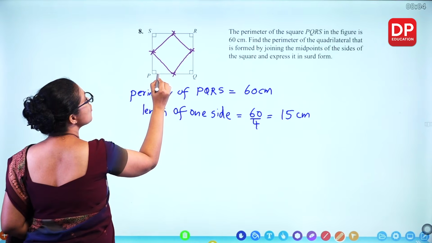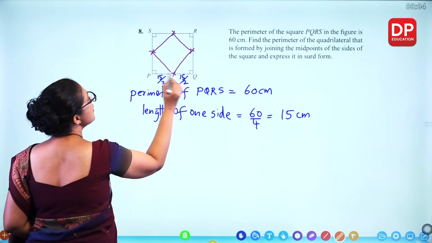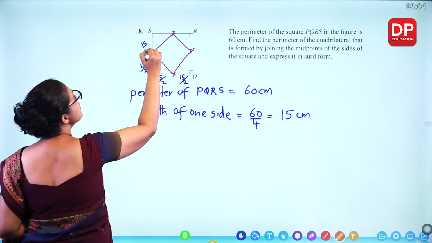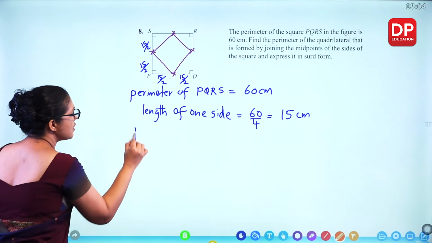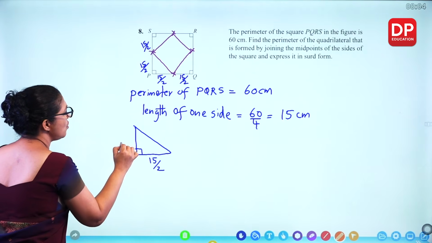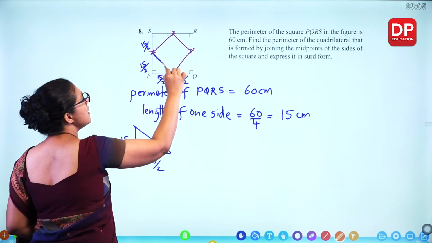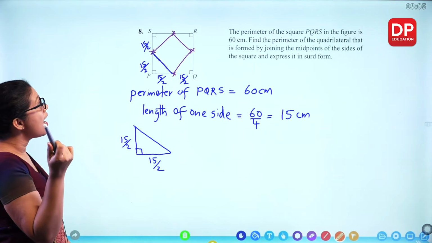So 15 means, what is this length? Midpoint is this part, so 15 divided by 2. This is also 15 divided by 2. All these lengths, half of it, 15 divided by 2. Now look at the smaller triangle, the right angle triangle. This is 15 over 2. This is 15 over 2. You can find out this length. The length of a side of the other square